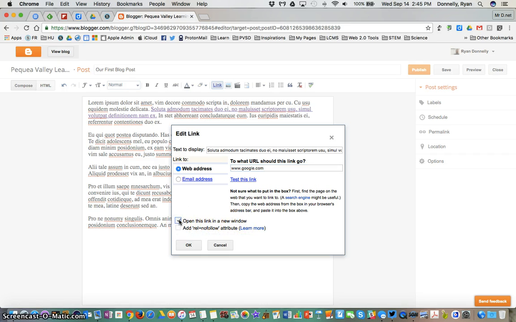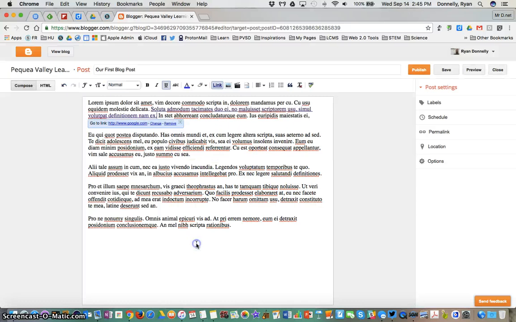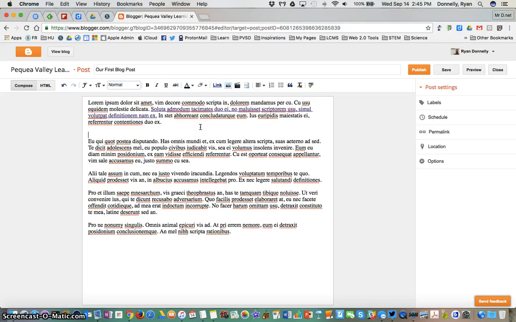I do this because I want to keep traffic at my blog, and once people are finished reading a linked page, typically their habit is to close the tab within their window. If they close that tab, then they're also gone from my blog. So if I hit open this in a new window, they close that tab to the article that I've posted here. They're right back at my blog entry and they can keep reading instead of just moving on with their day. So I'll go ahead and hit OK,